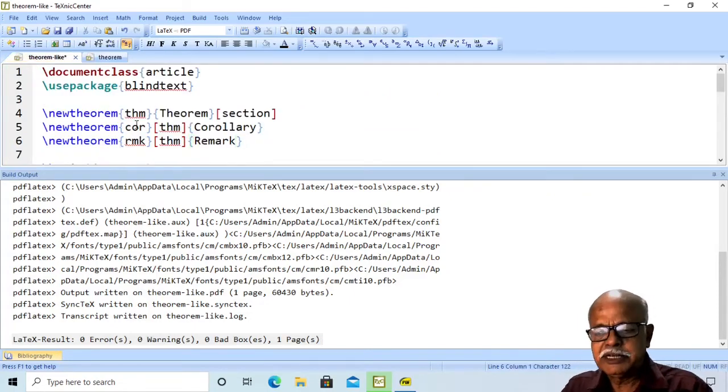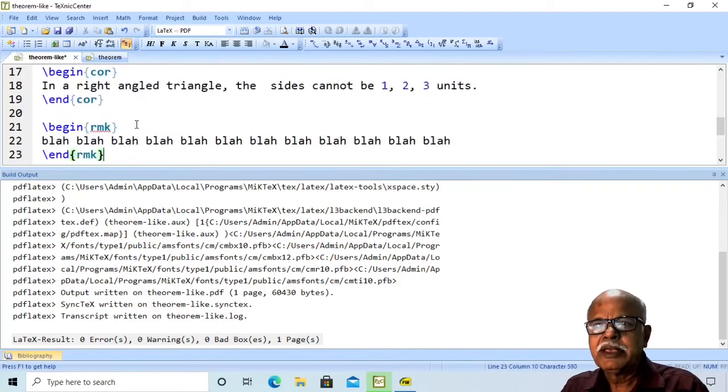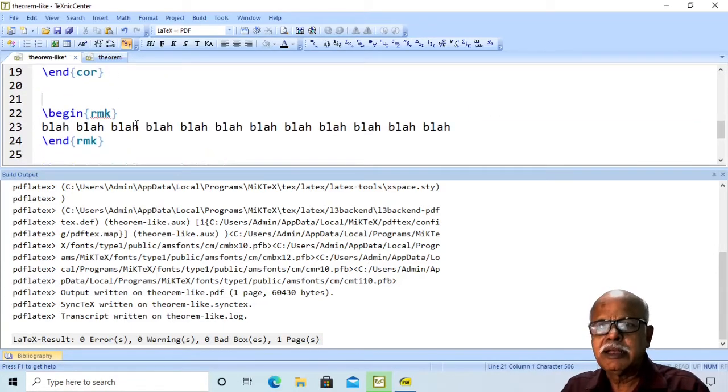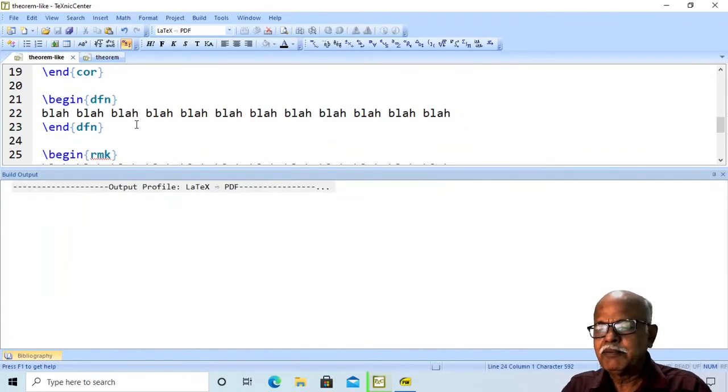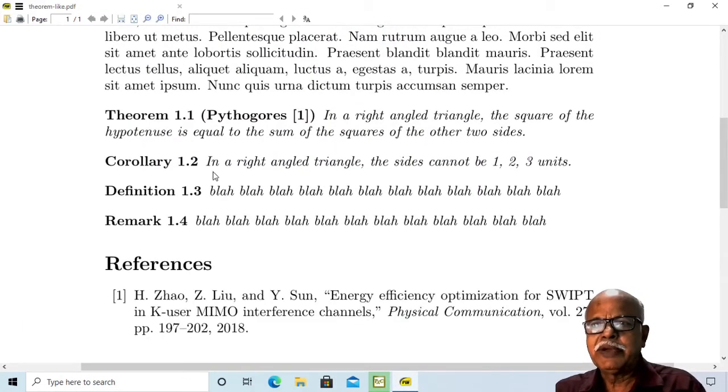For definition, I am going to type as dfn, and then in the output it will appear as Definition. Here we have definition, and you will find the counter is continued here 1.1, 1.2, 1.3, 1.4.